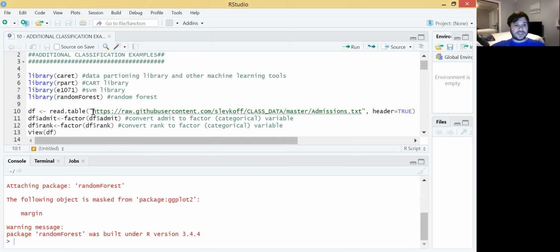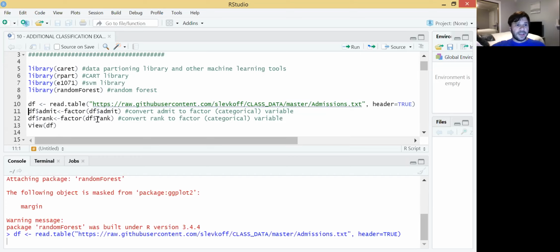We're using this exact same data set, the admissions data pulled from my GitHub repo. So you should be able to go ahead and read that table directly from the GitHub repository. And we're going to go ahead in this segment and just convert both admit and the rank variables to factor